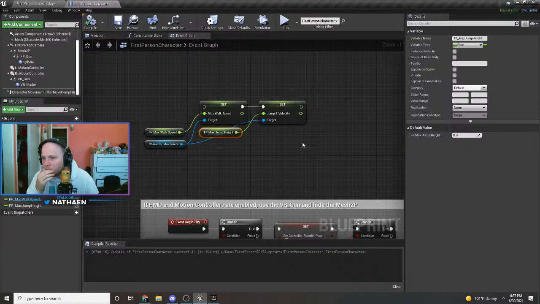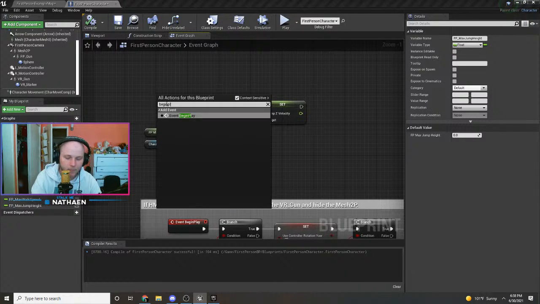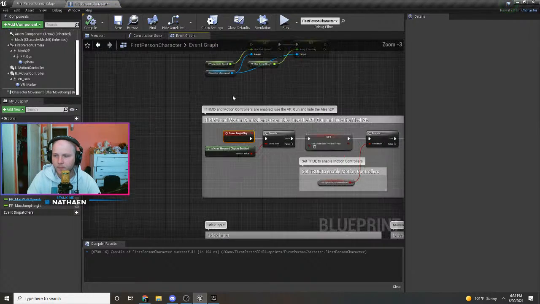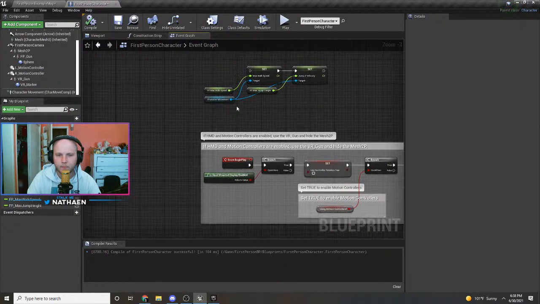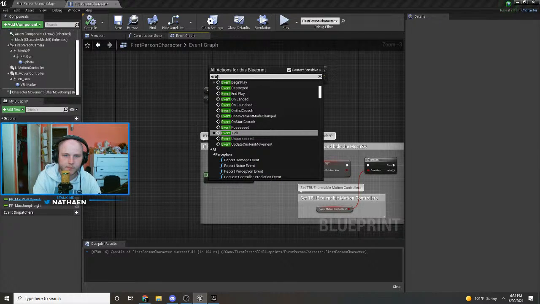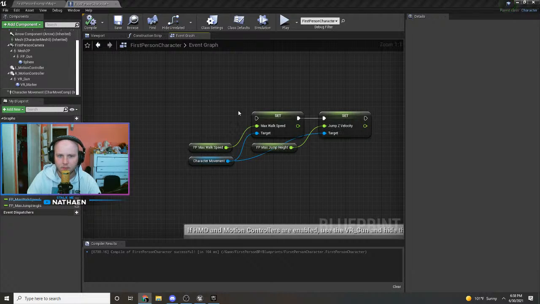There's actually an event for that you can always call in any Blueprint actor. It's called begin play. So I'm going to go ahead and press right mouse button and look for begin play. And there we go. Add event, event begin play. We want to connect these 2. And there we go. As soon as our game starts, we override the maximum walk speed with our new variable and we override the jump velocity with